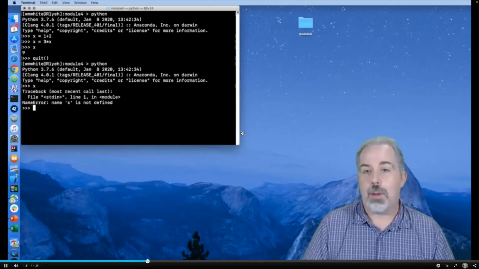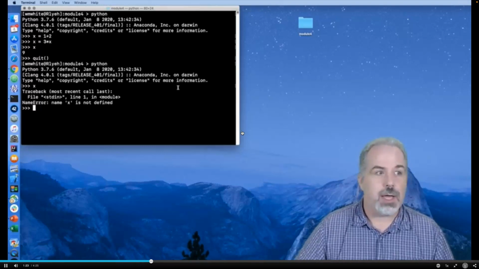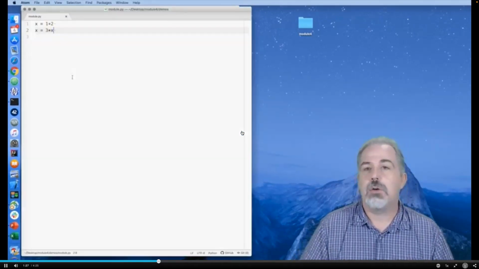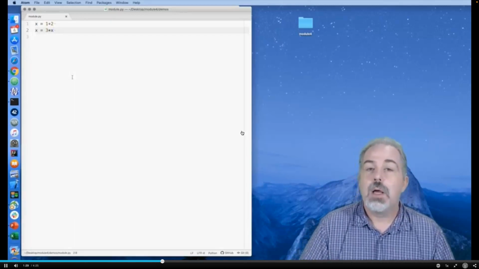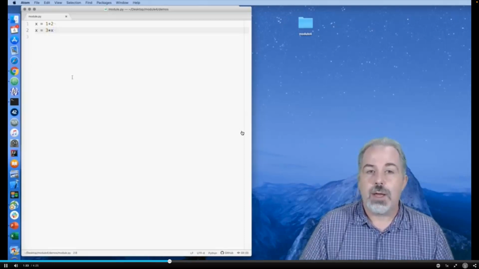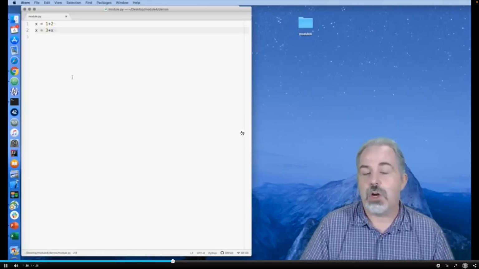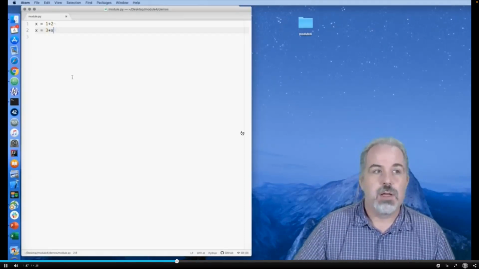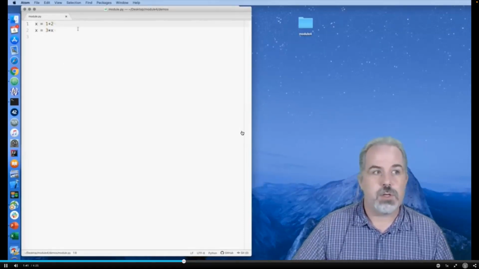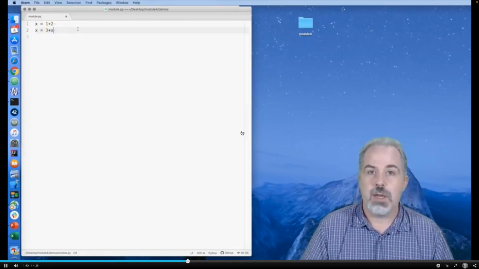I'm going to open up a module file and see what it looks like. Now, the application I'm using here, I'm not going to talk about right now. I'm actually going to refer to this in a later video. Let's just look at the contents. As you can see, right now, the contents of the module file are just assignment statements. These are the assignment statements that I typed into Python. I have the x is equal to 1 plus 2, and then I'd have the reassignment of x is equal